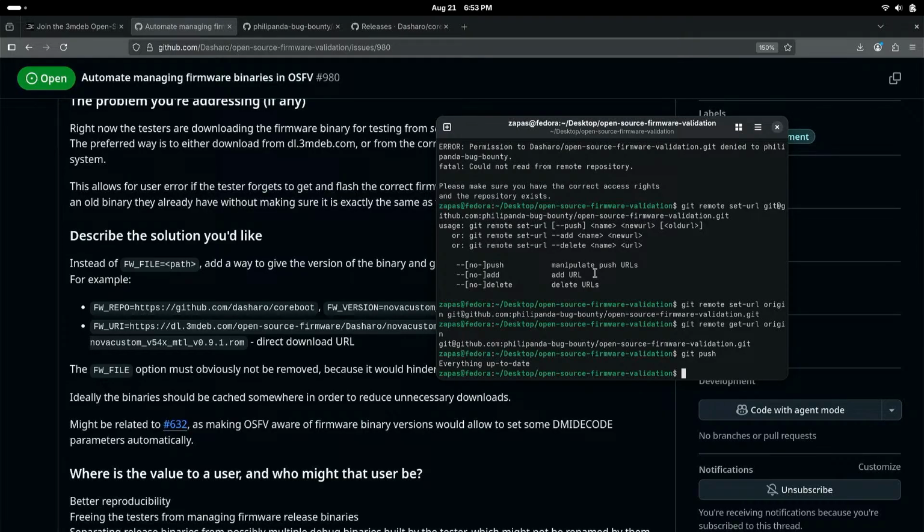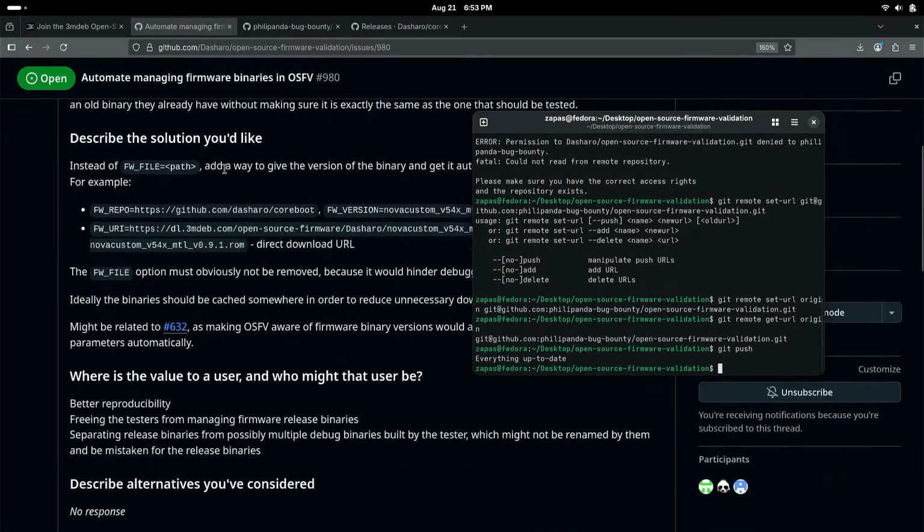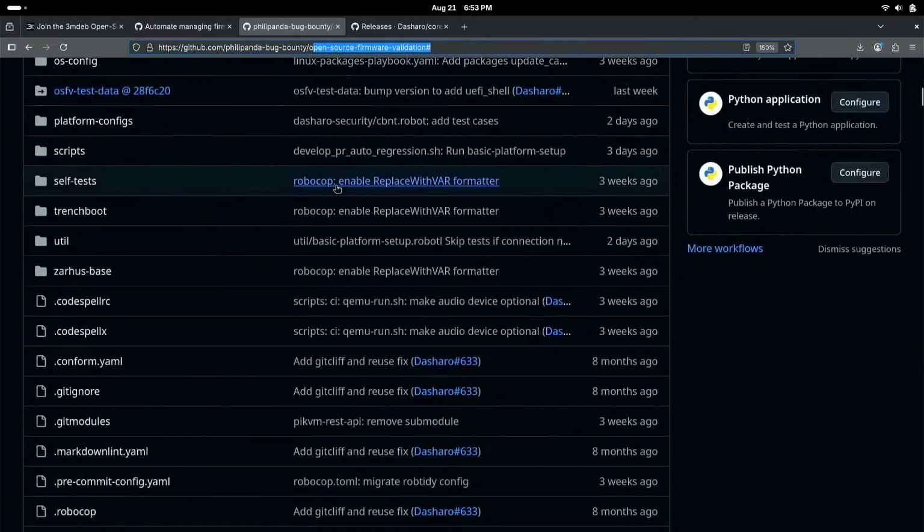It must be read by robot framework in some way, or maybe it is passed as some kind of parameter to robot framework. The author didn't say exactly how they use it,